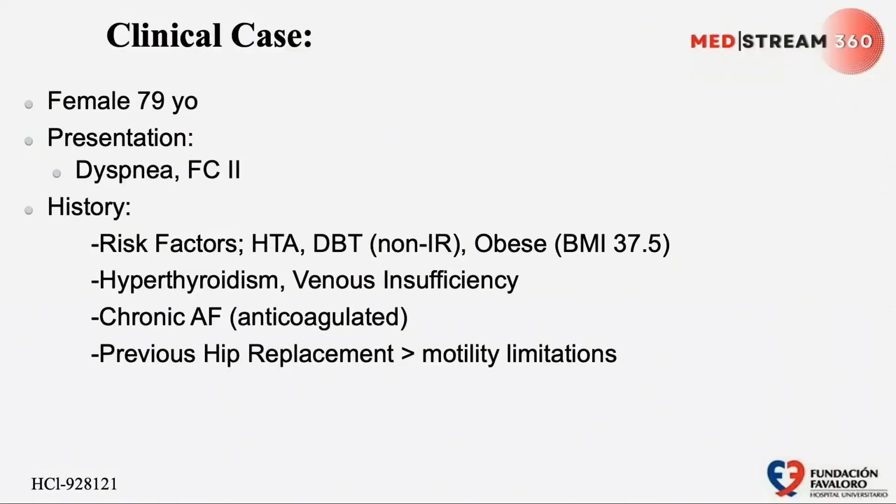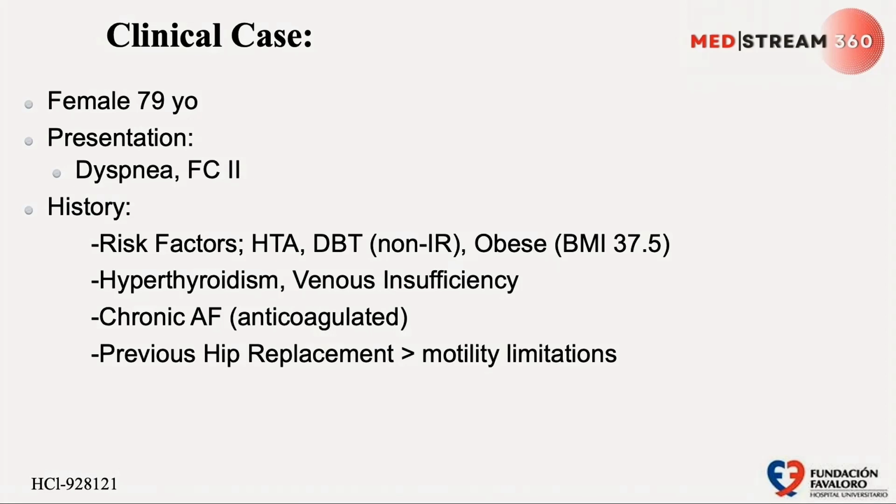So she's 9 years old. She presented with dyspnea in a low functional class. She has a history of hypertension, diabetes, and morbid obesity with a body mass index of 37. She also suffered from hyperthyroidism, venous insufficiency, chronic AF, and a previous hip replacement with some sequela with limitation